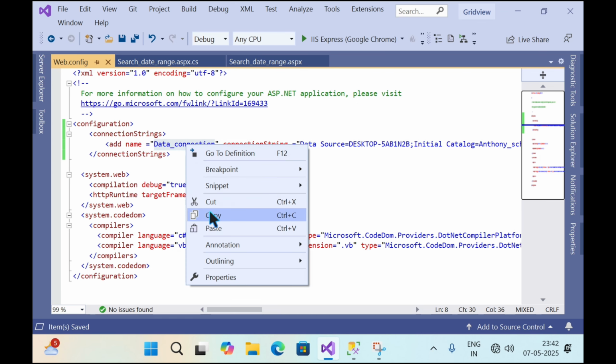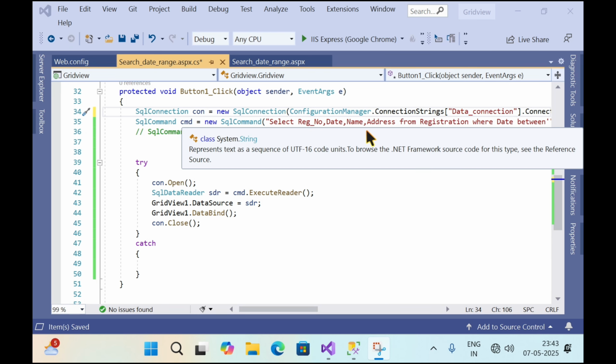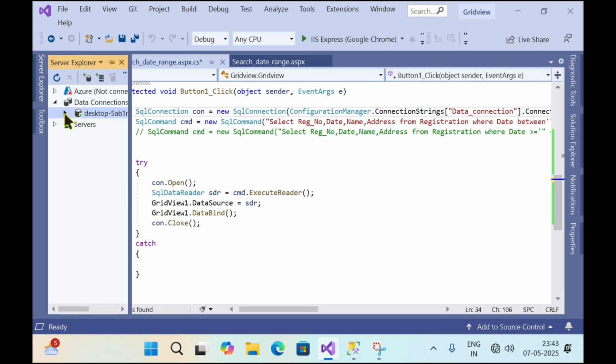connection string name and paste it over this double quote. So simply paste this connection string name over this double quote. Second line is the SQL command, and this is the command in which we are filtering SQL Server by using date range. So my SQL command is select register number, date, name and address, which are the fields of my